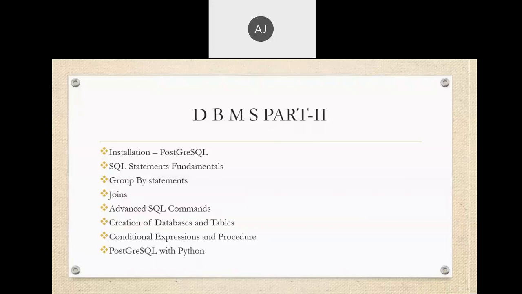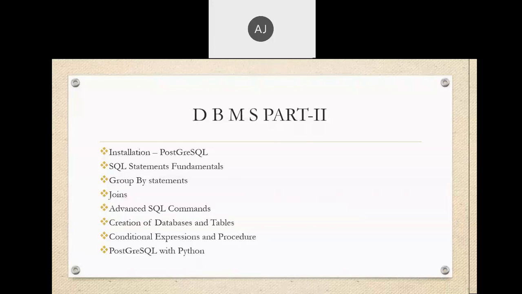Okay, so it appears there are 8 to 9 points, but when we talk about the SQL statement fundamentals, we need to cover all the basic commands as well as advanced commands. So it took some more time. So for that, first of all we need to do the installation. See, if you want to perform the basic fundamentals, for example, I want to retrieve the data from a database. For that, we require a database. For that, we require a table. For that, we require data inside that table. Then we can do the operation.